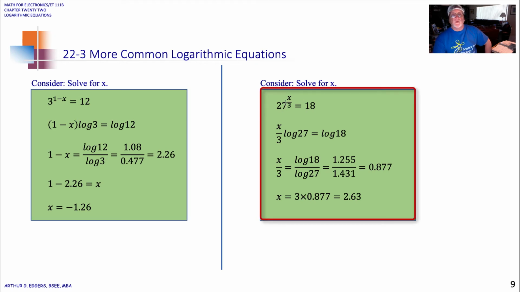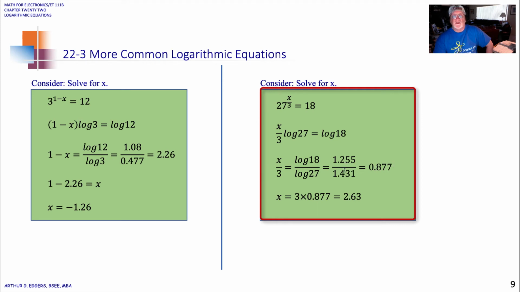Okay, and another one here. We've got a fraction that becomes an exponent. So 27 raised to the power x divided by 3 is equal to 18. So we've got to figure out, how do we get that x out of the exponent and into the expression? Well, the first step we do is we bring that x over 3 out of the exponent and down to the front by taking the log of both sides of the expression. So now I have x divided by 3 is equal to the log of 18 divided by the log of 27. Solve for those two values, I get